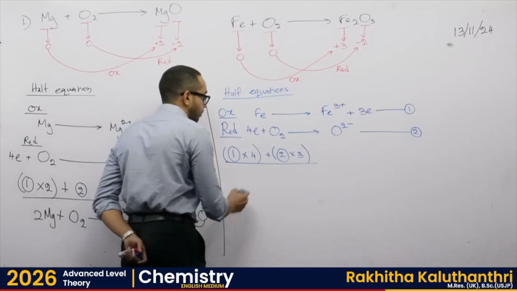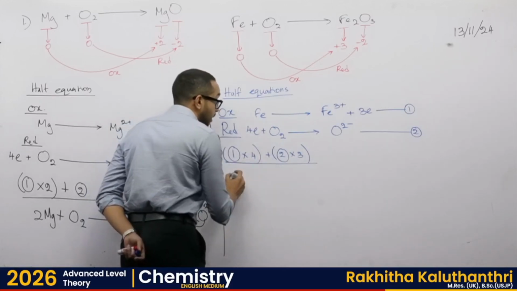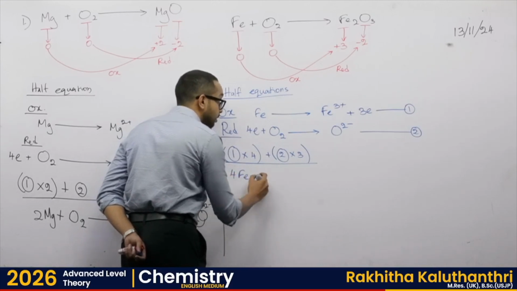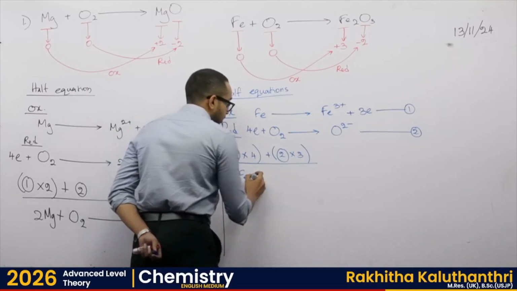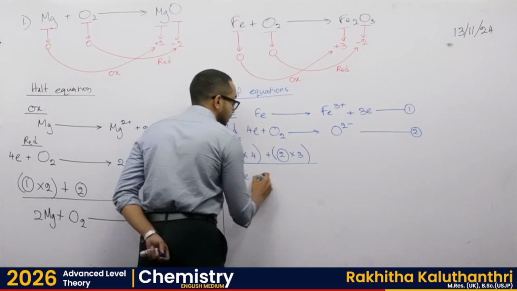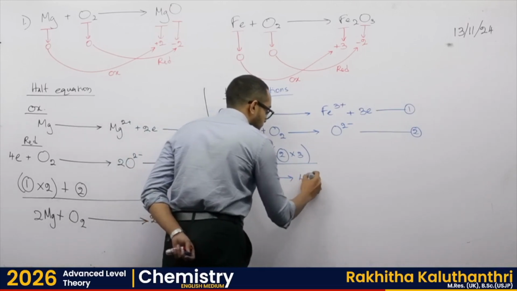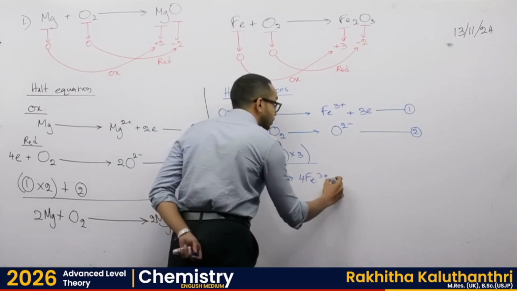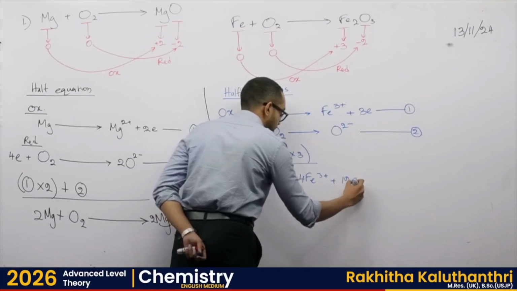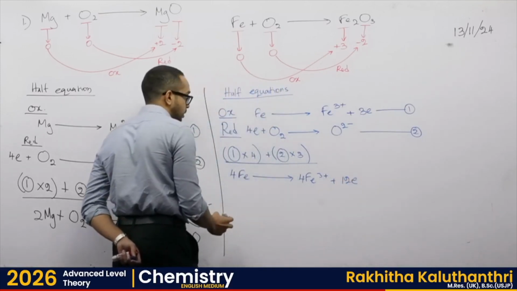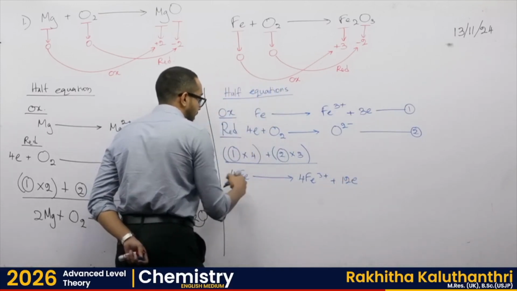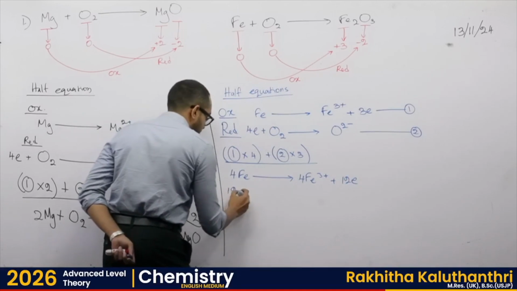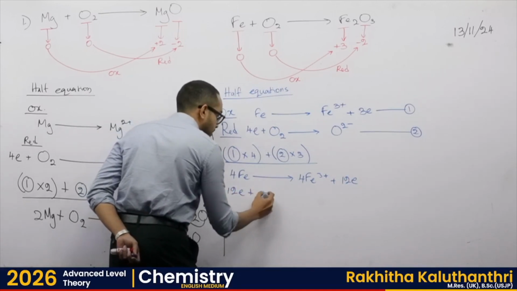Then at that point we have this situation. We have 4Fe turning into 4Fe3+. I was planning on eliminating the electrons, but since we have a large number of them, I thought I'll write it. And then the second reaction multiplied by 3 would be 12 electrons plus 3O2